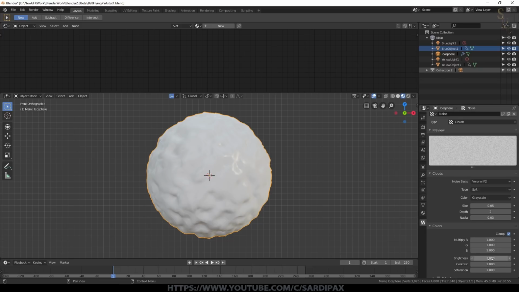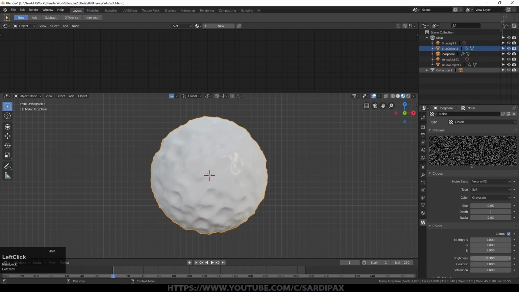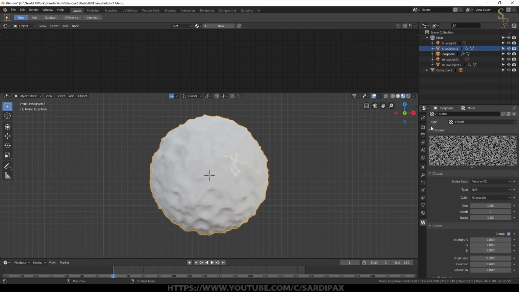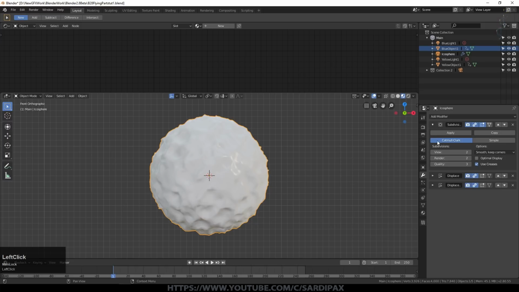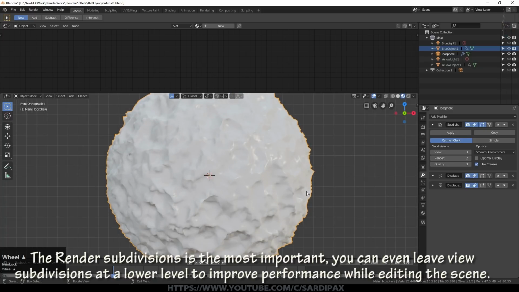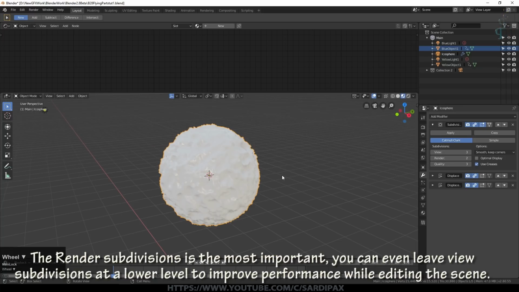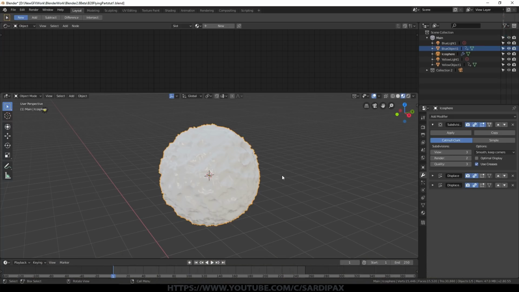And the only thing I changed here was I turned brightness down a little bit. And you can see it just changes the mid-level layer. It gives me some black basically. And if you want to, you can add some contrast. But we're struggling a little bit because we haven't got enough detail in our model. So if we go back to modifiers, go back to our subdivisions and now turn that up one, you can see we've now got a little bit more detail in there. So there are various tricks on how you can now create some variations on this, but I didn't bother too much with anything fancy.